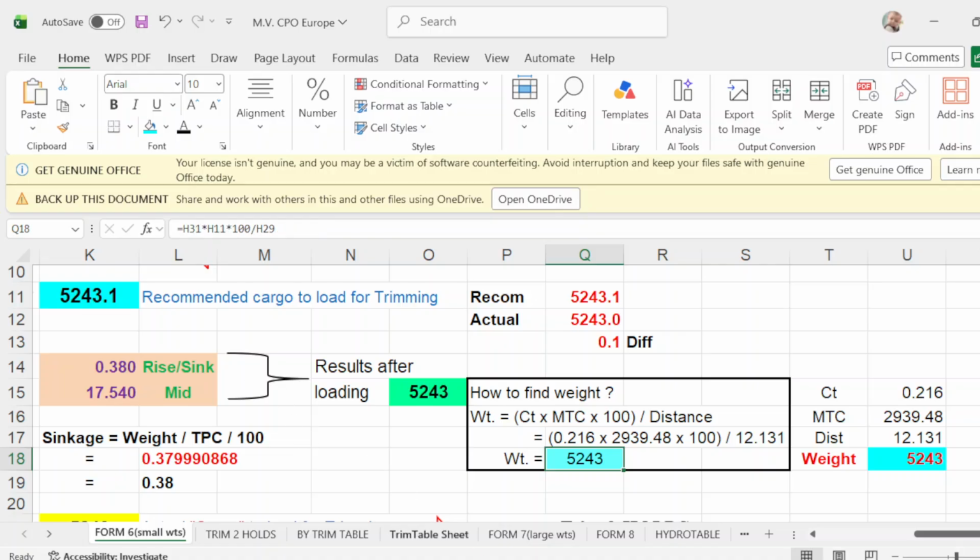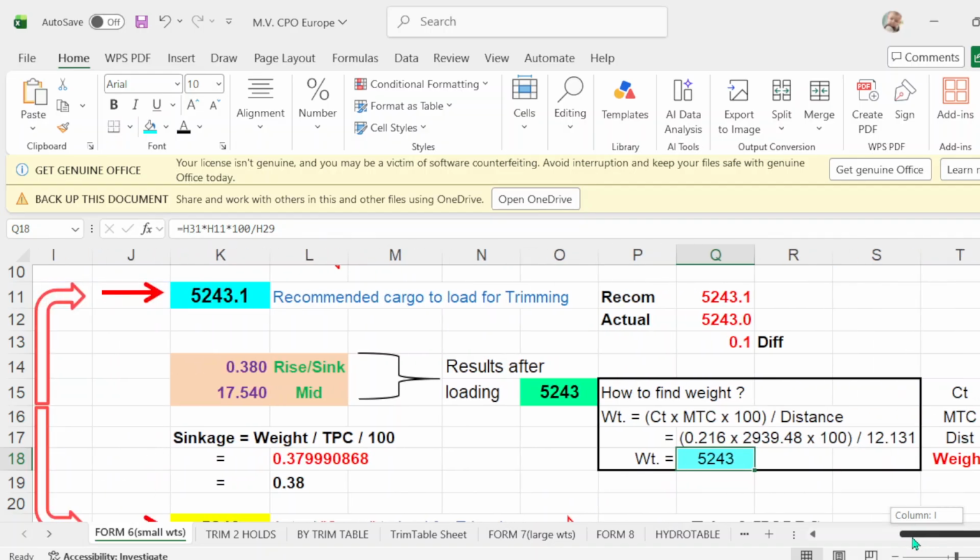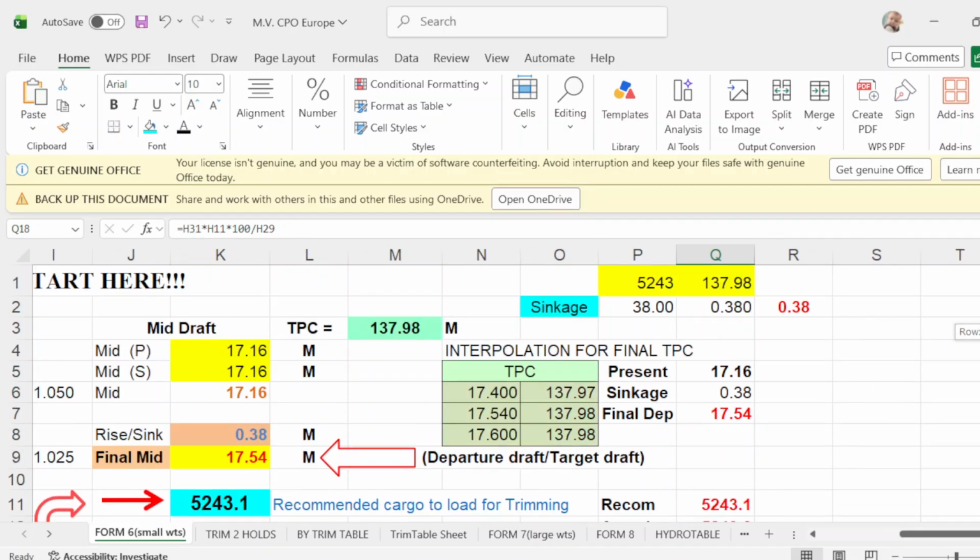Okay, so they are now the same weight. And this one, the cargo to load is 5243, the TPC is 13798, divide this by TPC, divide by 100, you get 0.38, 1716 plus your sinkage 38, then 1754 is the same here. Okay.